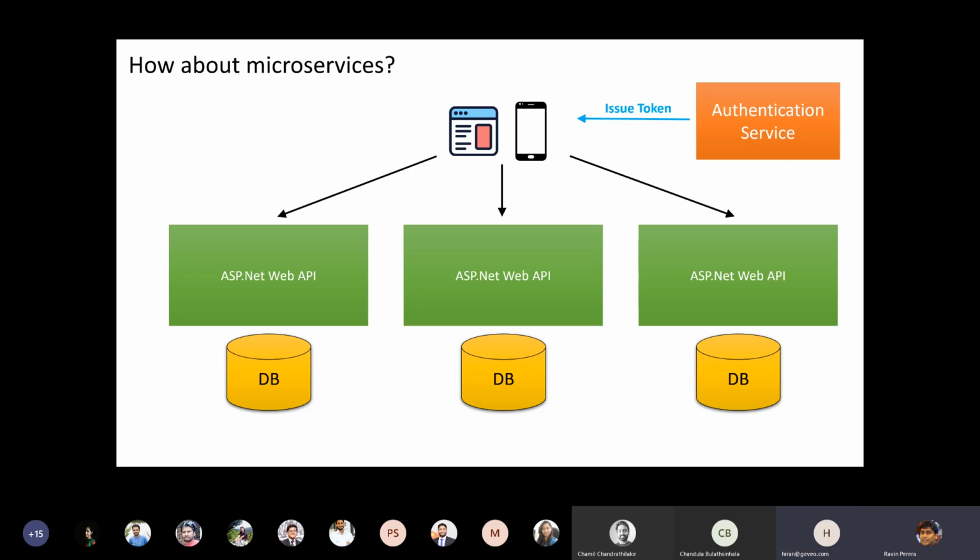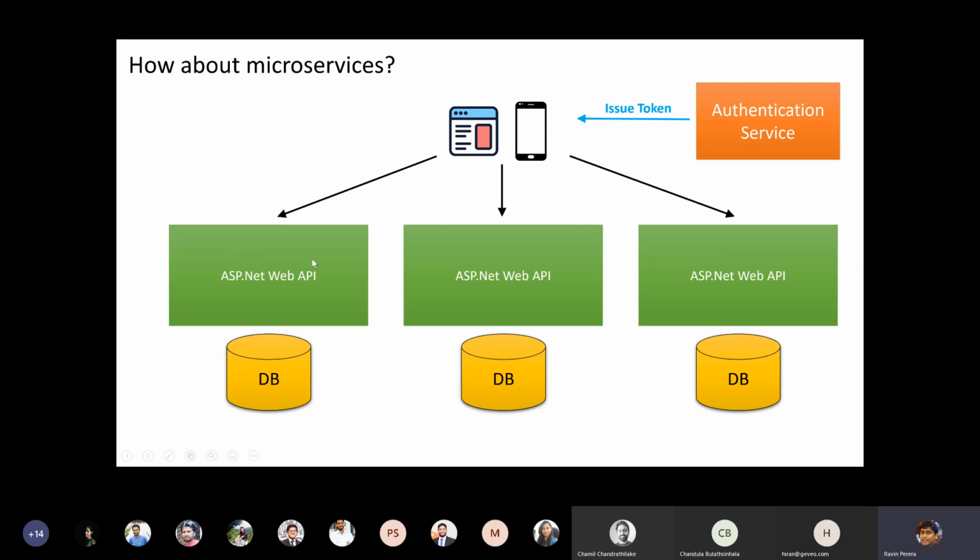Yeah. So these are not... So I think you must be talking about business services, right? Service classes. So here I am looking into more like completely separate microservice APIs, right? Okay. And even if we did share the one big database for all three APIs, this kind of authentication service might still prove useful, because you do not have to duplicate that authentication stack in all three APIs, even though it's just one database.